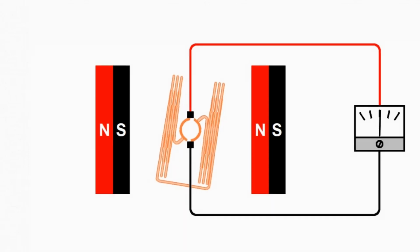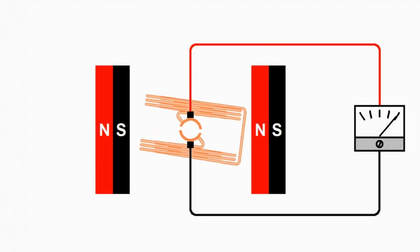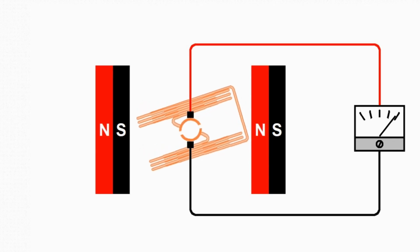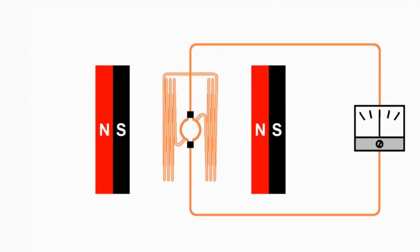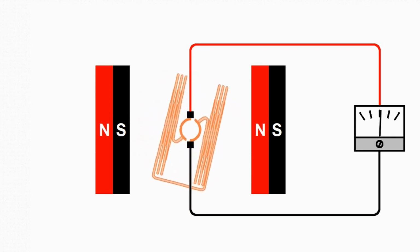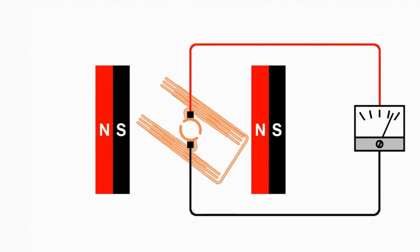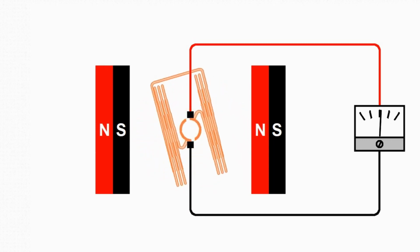And now as the armature rotates through this part, we get 0 volts as we did before, but as it rotates through this side, we get our maximum current. We're getting our positive current over to the right as you look at the meter. And as it comes down around where we get our lowest current, it goes to 0 volts in the meter, but notice that the commutator switches which side of the armature is connected to which brush. And so when it rotates the other half cycle, we get positive voltage again. So we get the current trying to flow opposite directions, but the commutator switches it over so that it always flows the same direction. And so we've taken a DC motor, and what we've done is taken the battery off,